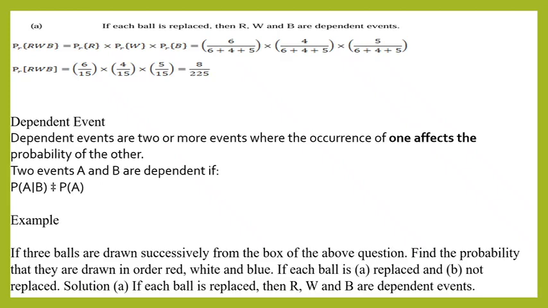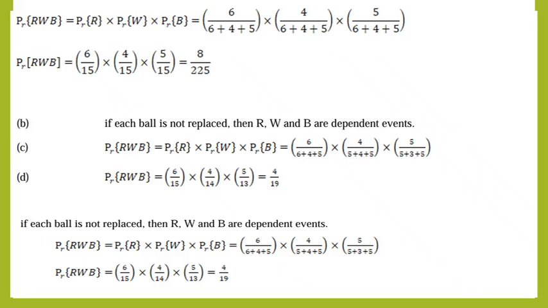So if each ball is replaced, then R, W and B, red, white and blue, are dependent events. So the probability of red, white and blue will now be the probability of red times the probability of white times the probability of blue, which will give us